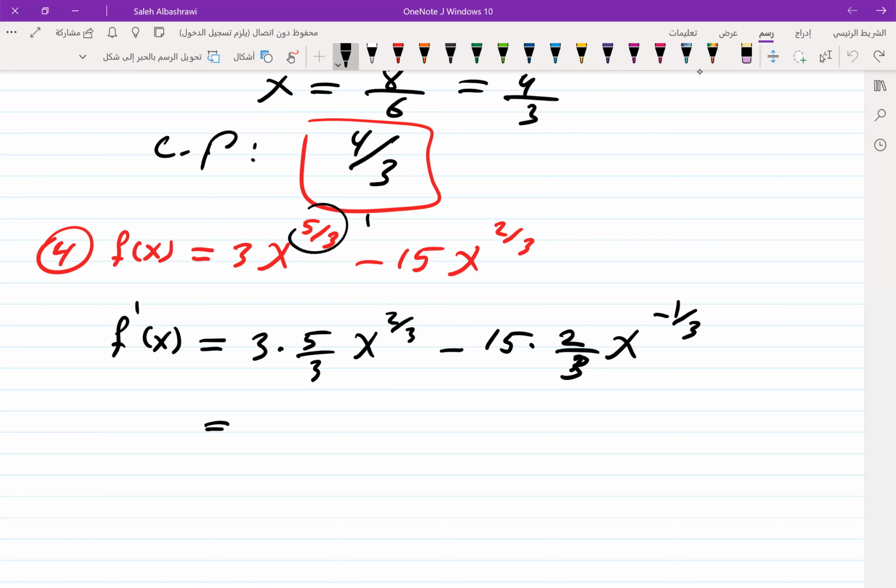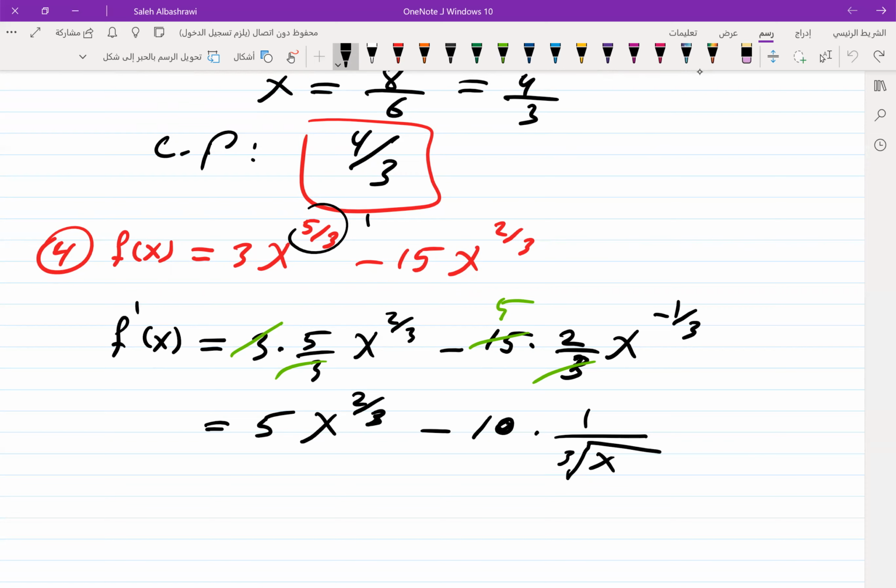which can be written as 5, this 3 will cancel this one, and I will have 5 there. That is 5 x to the power 2 over 3 minus 10 x to the power minus 1/3. We can write it as 1 over third root of x. Now, this is the derivative. f prime of x: 5 x to the power 2 over 3 minus 10 times 1 over third root of